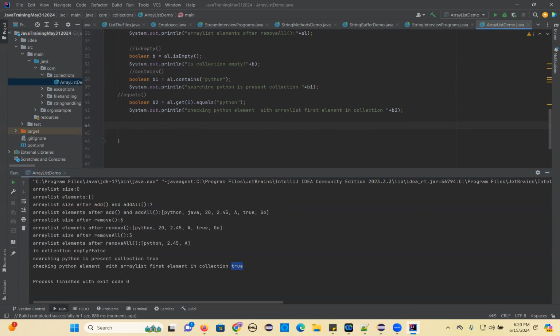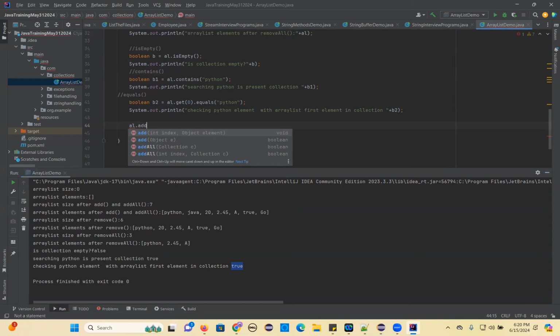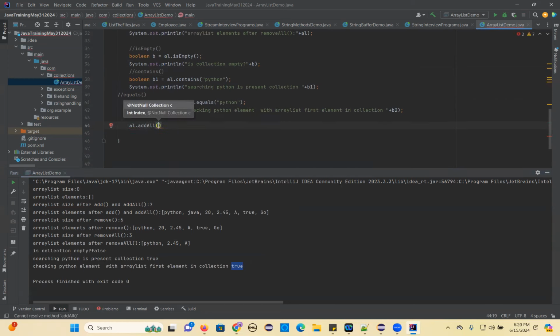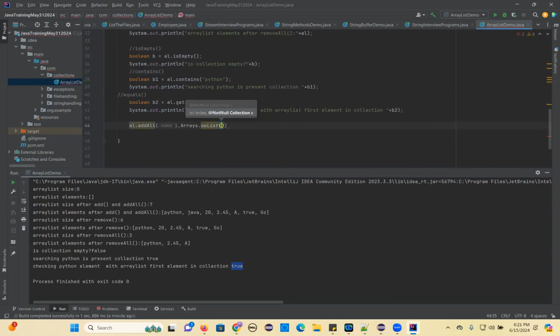And the size method is done. The removeAll and remove methods are done. So now we need to use the iterator method, but let me add more elements. A few more elements I will add. So al.addAll, maybe index based, I'll insert at the one place. And so Arrays.asList, and you can